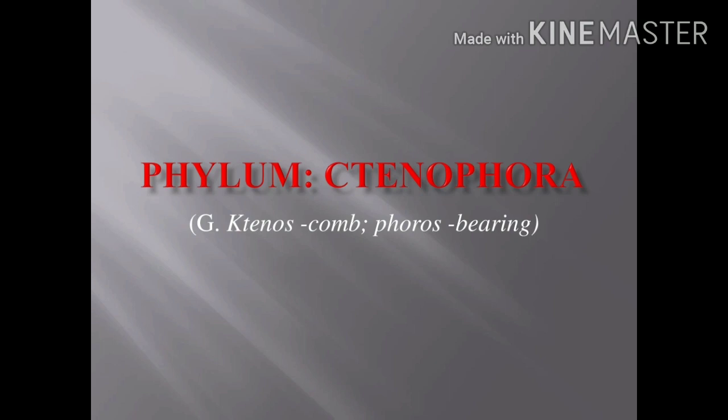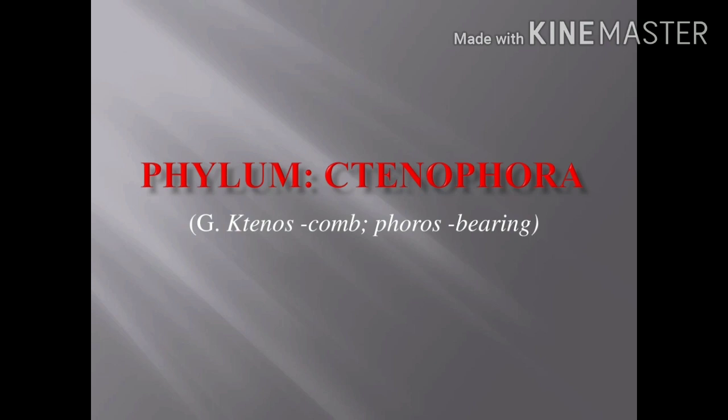Next, we studied the comb jellies. What is the type of cells? Amoeboid cells and smooth muscle cells. It has eight external rows of ciliated comb plates, which help in locomotion. The comb jelly is called the sea walnut. It is always emitting light, so it is called bioluminescence.